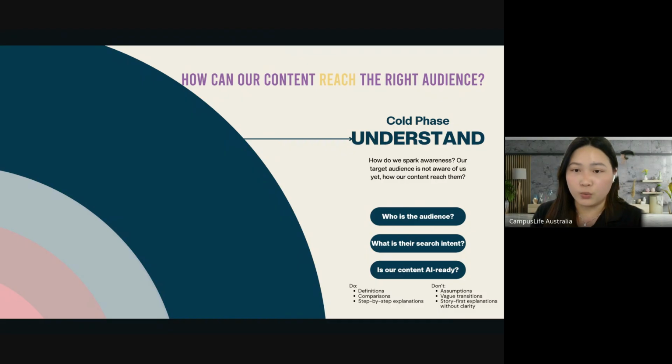And by knowing who we are targeting, we need to understand the search intent. Based on that customer persona, their motivation, challenges, and pain points, what are they going to search on the search engine that we can help them with?